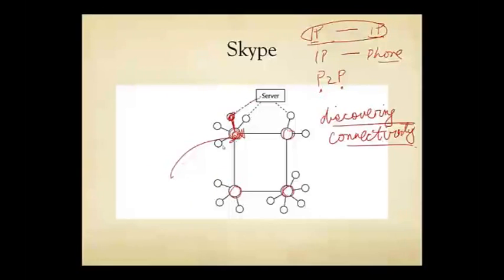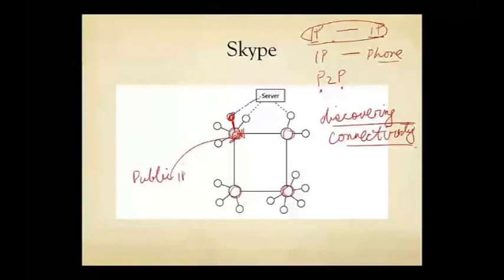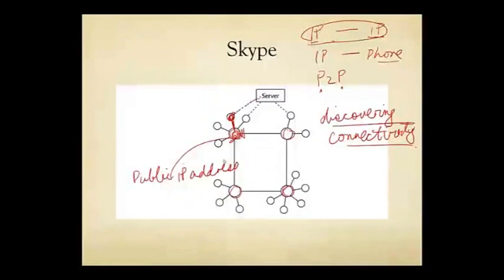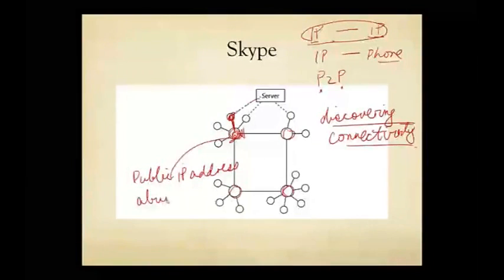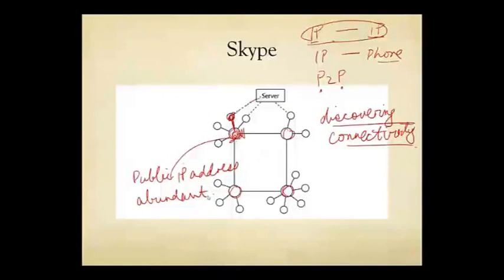So basically, any node that has a public IP address, you may recall from 2 lectures ago that an IP address could be public or it could be hidden behind a firewall or network address translators. Okay, this one is public, and it should have abundant resources, including upload bandwidth, CPU power, memory, and so on. So an ordinary node will connect to a supernode because it knows the public IP address.